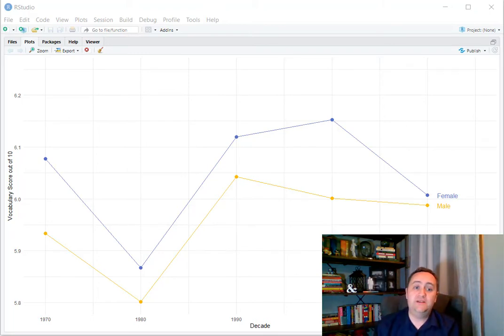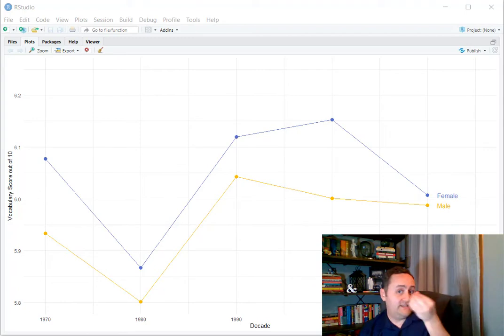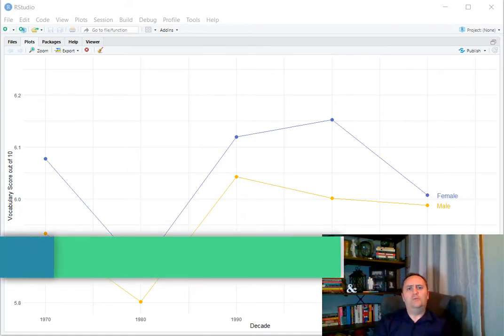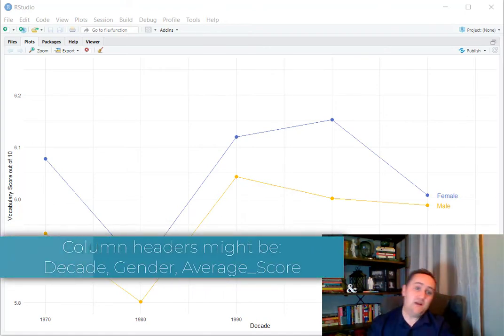Those are going to be our 10 points. What data are we going to have on each of those 10 points? Each of those 10 rows of data, we're going to have the decade that we're talking about. That's the variable that we have on the x-axis. We're going to have the average vocabulary score. That's what we have on the y-axis. And we're going to have the gender that we are referring to, men or women. So that's our goal. Okay, so now that we have our goal in mind, we can go and actually look